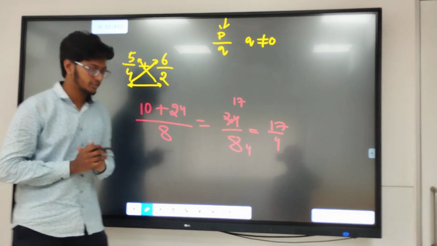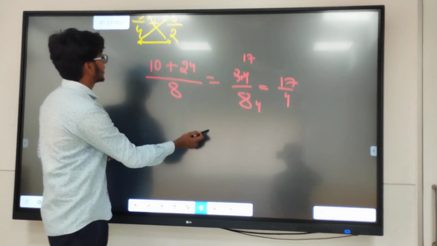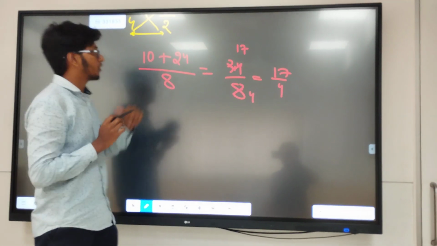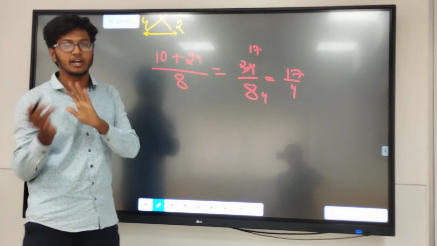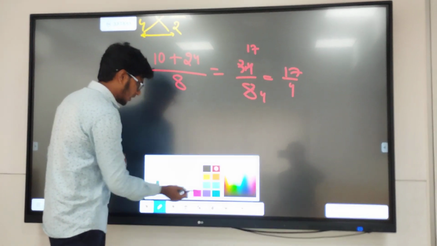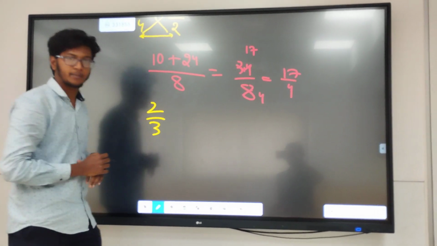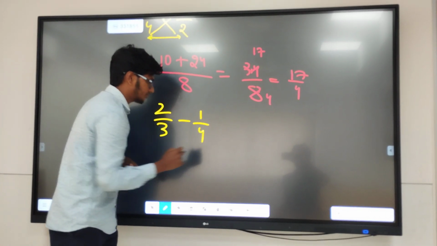For time, we will hold this like this because we will now focus on the subtraction of two rational numbers. Why am I telling the subtraction now? Because this method is applicable for both addition and subtraction. The same thing we will do again here. We will take two numbers, suppose 2 by 3 minus 1 by 2.